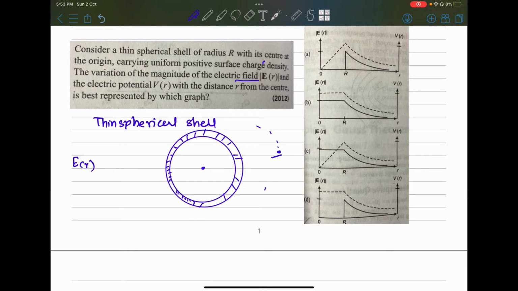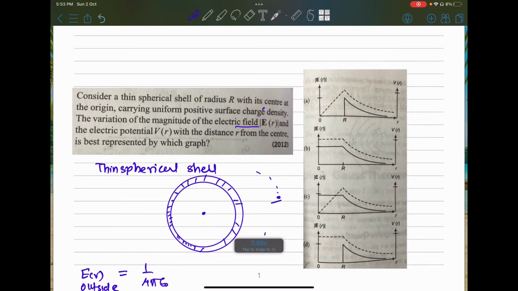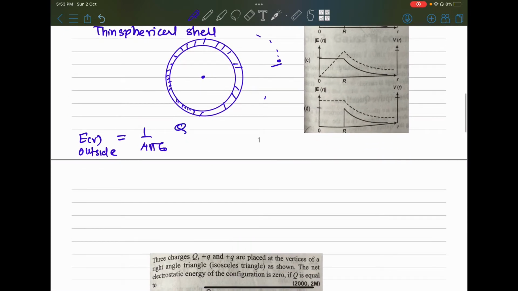So E(R) outside will be straightforward. Let me just write it down over here. E(R) outside will be nothing but 1 upon 4 pi epsilon naught times the total charge. Whatever the total charge may be, let's say Q is the total charge distributed. Let's say this distance is R, then upon R². This is the outside, so after the radius R,